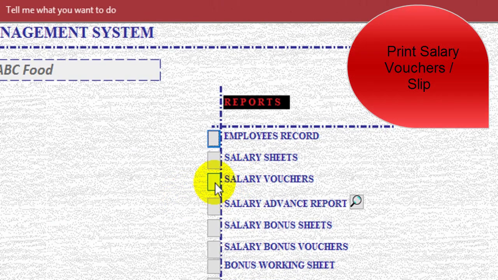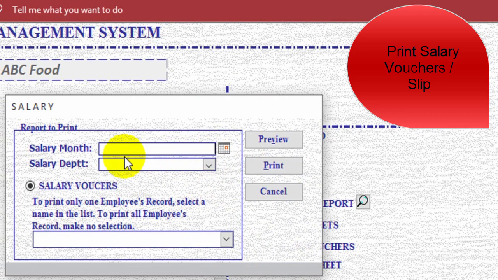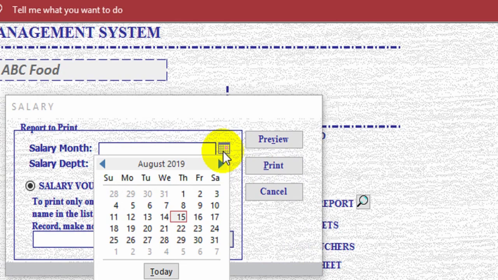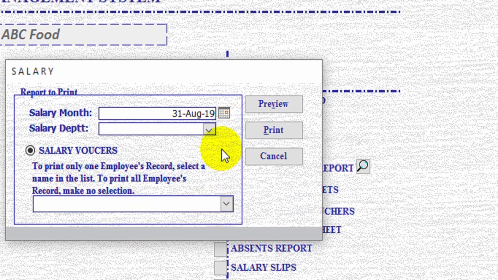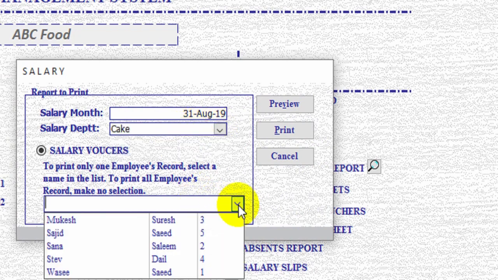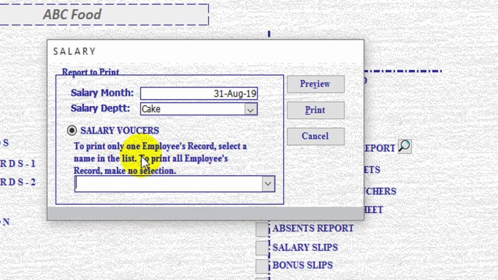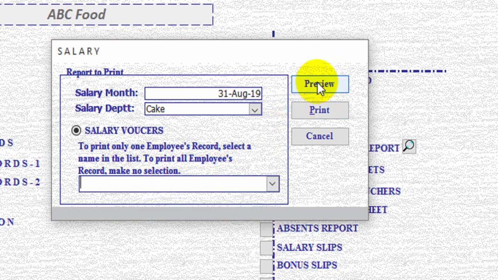And salary vouchers: if we want to print the salary vouchers, salary month 31st of August 2019, and salary department is cake. You can print a specific employee as well. I'm going to leave it blank and click on preview.